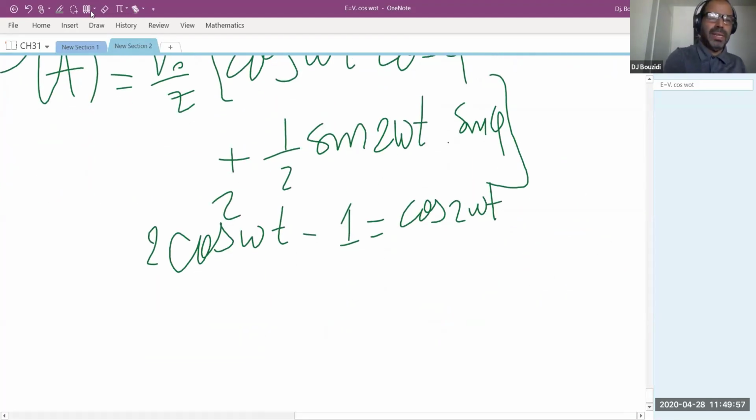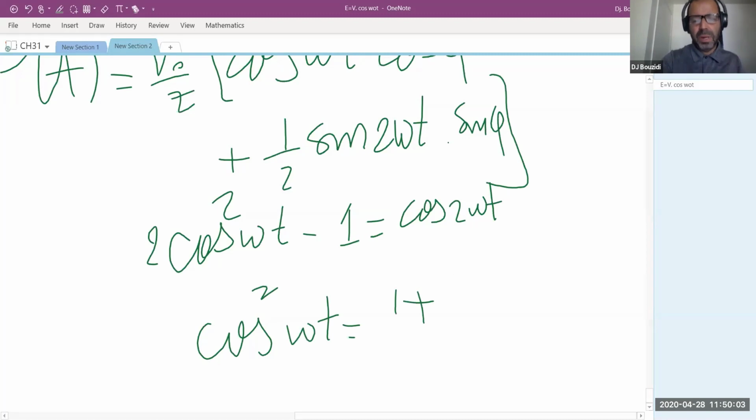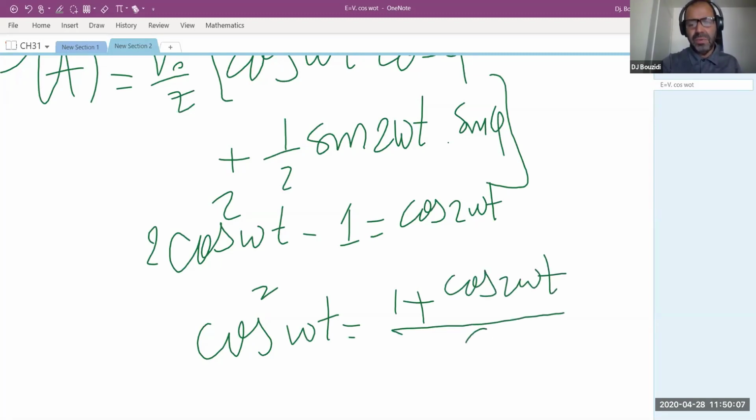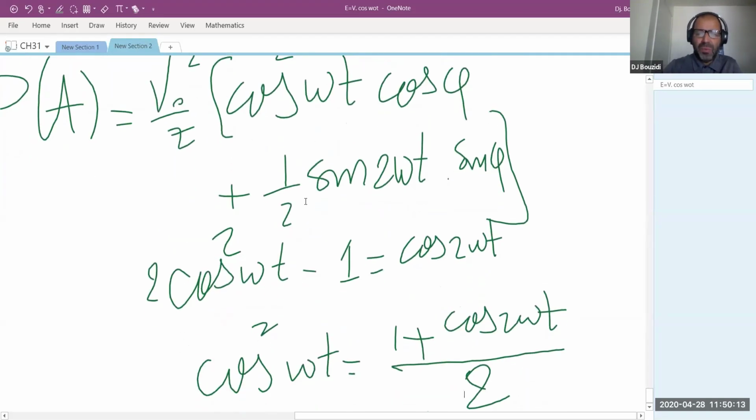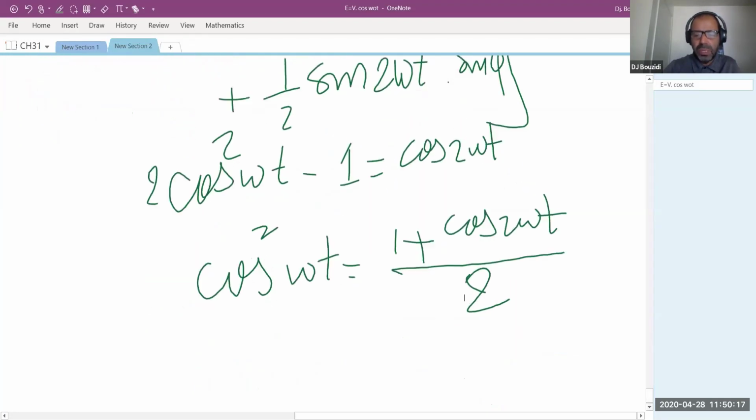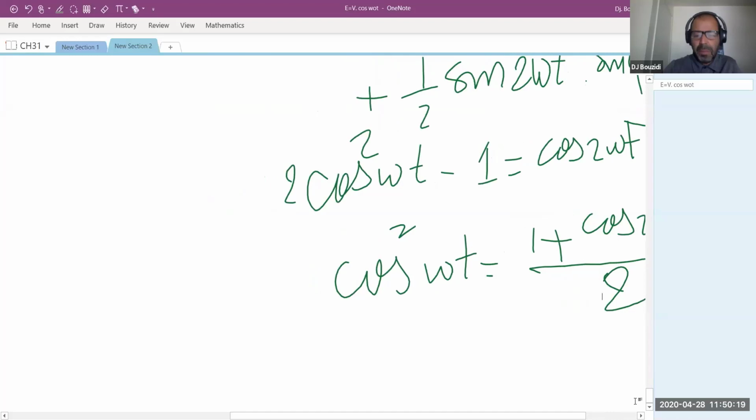Okay, so at the end in here, what we will find is cosine squared of omega t is simply equal to 1 plus cosine of 2 omega t divided by 2. So we're going to use this expression in here to get rid of that cos squared. And I have 1/2 in here, and I have another 1/2 in here, which I'm going to pull from both terms. And that gives me the power